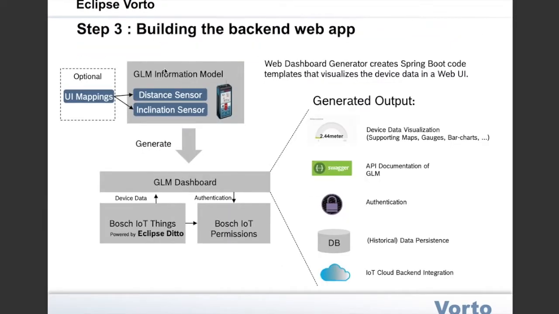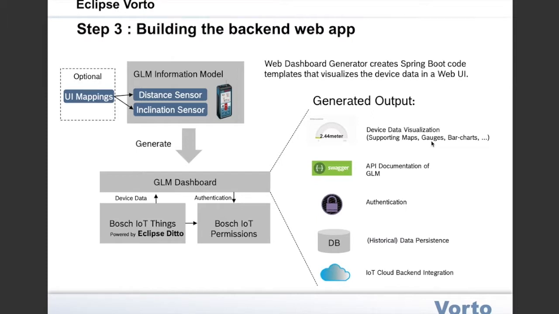So now that we have an instance in the Bosch IoT Suite already provisioned, we can write a backend application which consumes data and visualizes its data in UI widgets. Vorto provides a web dashboard generator which creates Spring Boot code templates and the connecting functionality to the IoT Cloud backend. So on the one hand side, it generates device data visualization supporting different kinds of widgets, for example map,